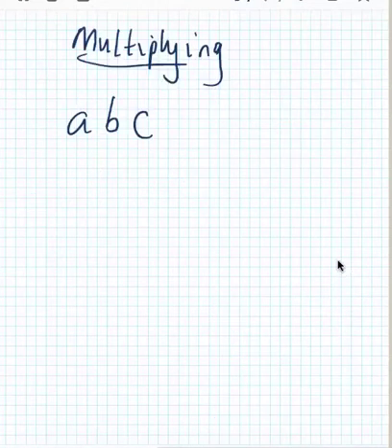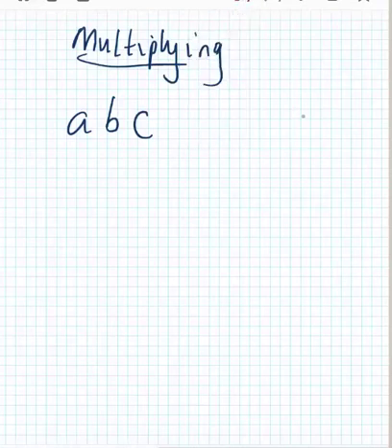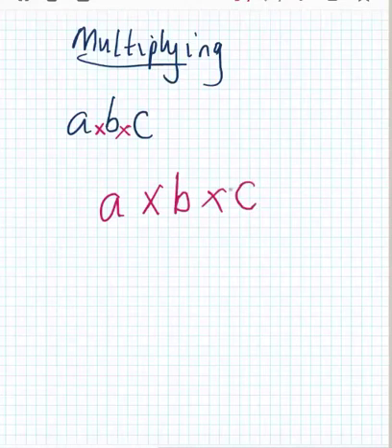Now, when multiplying algebra, what we do is a little bit different to adding and subtracting because that's where the powers can change. Now, before we look at that, we'll look at a more basic example. We've got A, B, and C. In between A, B, and C, there is an invisible times. So if you had a question that asked you to simplify this, for example, A times B times C, and the question said, can you simplify this? Well, all you had to do is make the multiplication sign invisible,